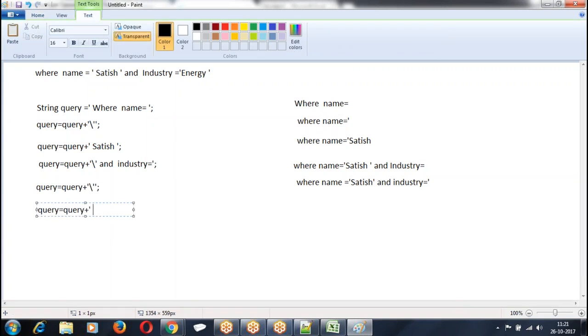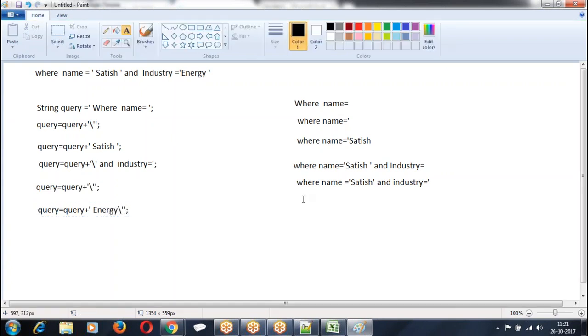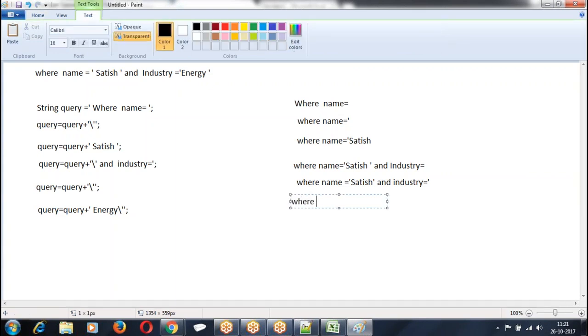Replace, what are you getting? That is the slash single quote. So what is the output here? Where equal to each and